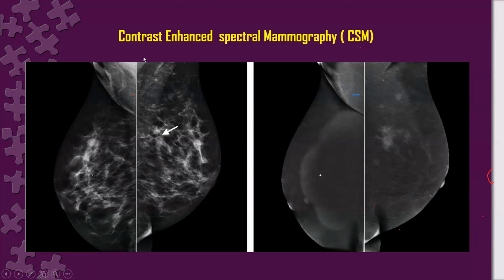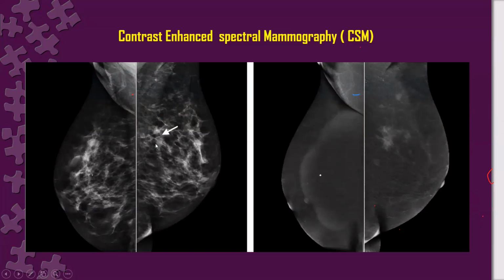Here you can see contrast spectral mammography. On the left side is the low energy image, and on the right side is the recombined image. This is low energy and recombined energy. Low energy demonstrates